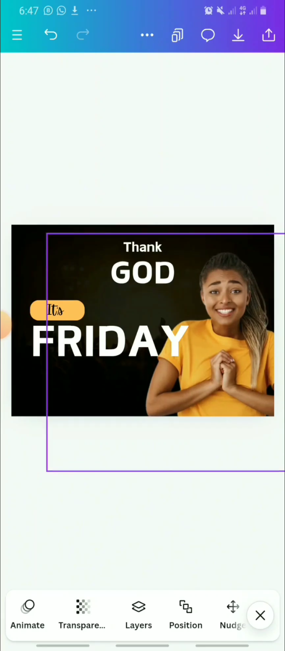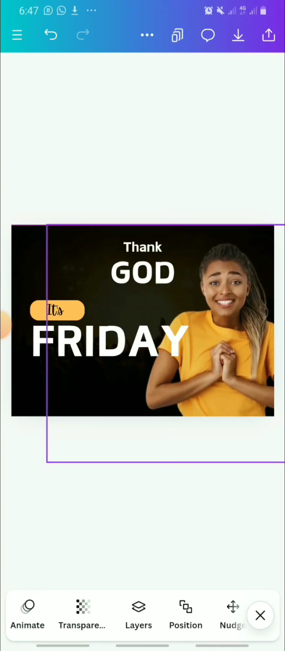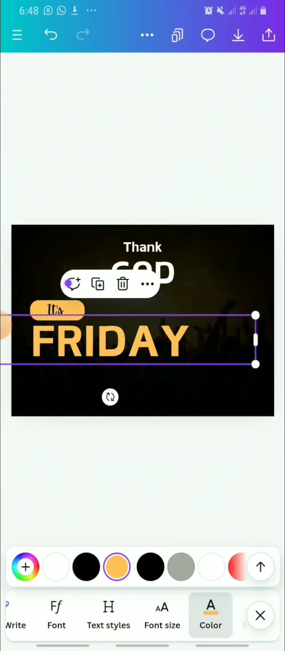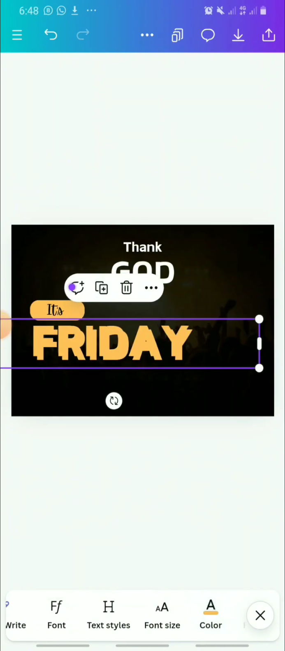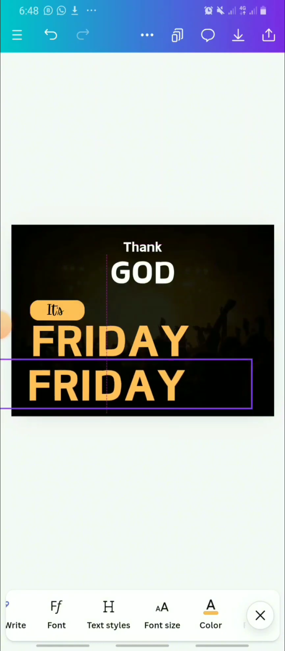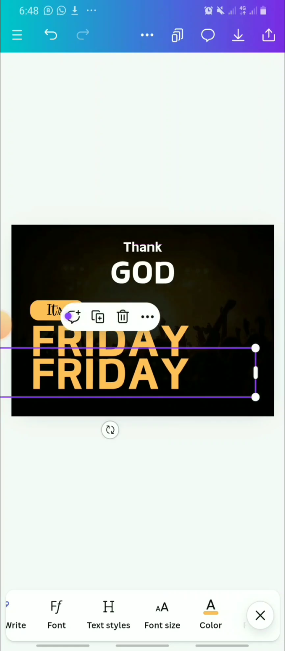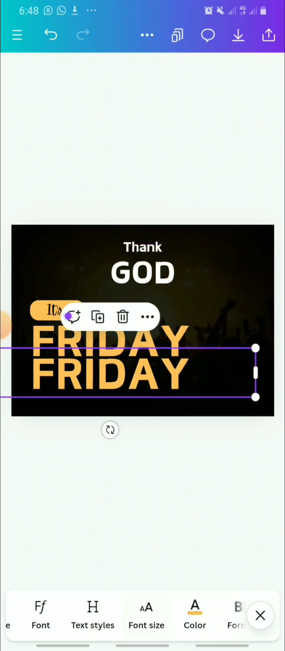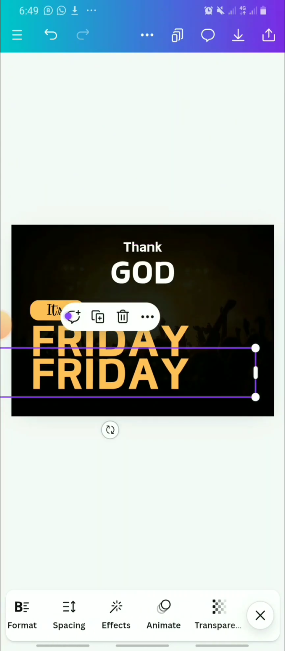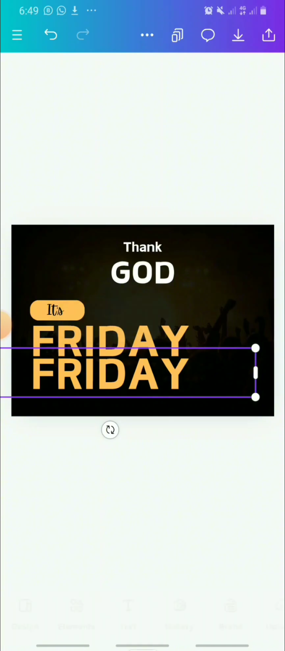So you can see, even if I did not change anything here, my design is coming out. You can see the smile, the joy in the girl's face. So just calm down. Don't worry, I'll bring the picture back. It's misbehaving, so I have to remove it. So the Friday, now I've duplicated it. I'll bring it down,